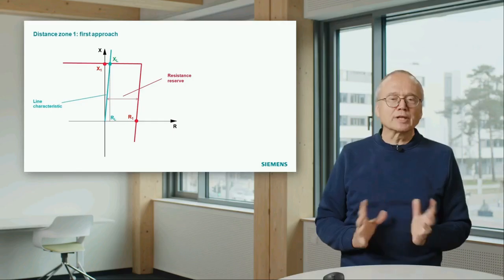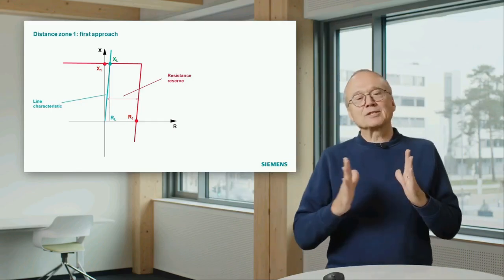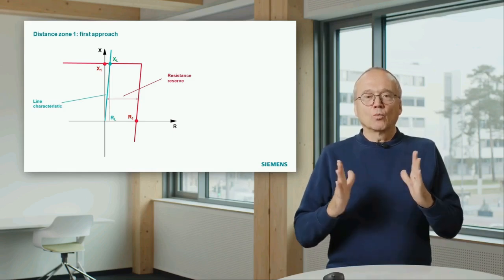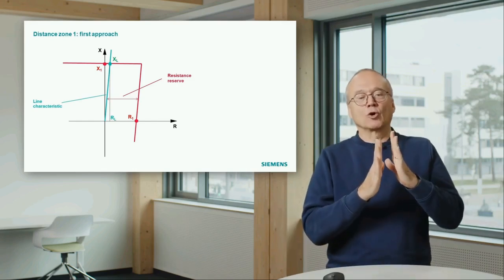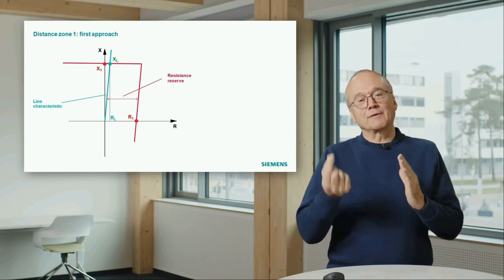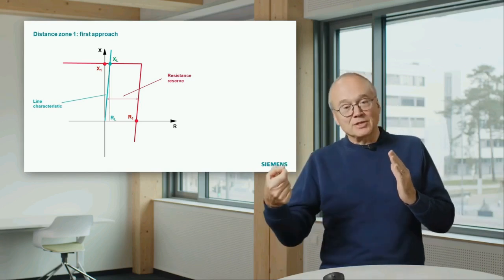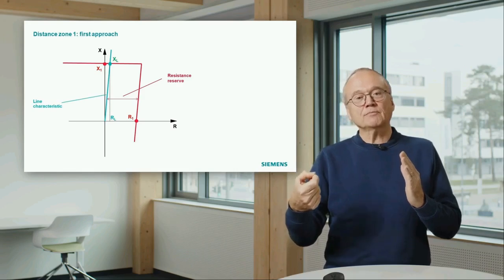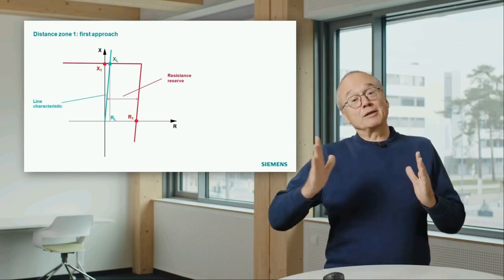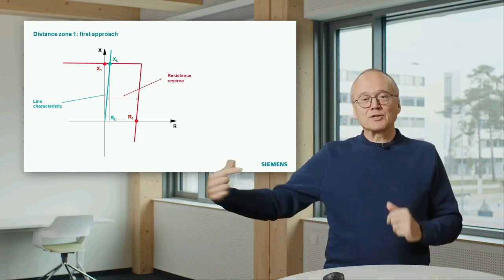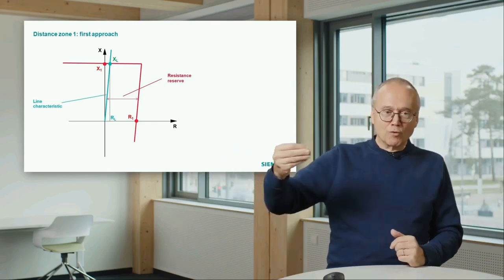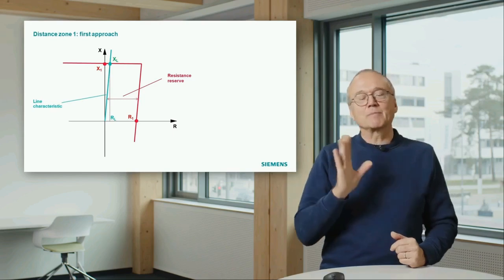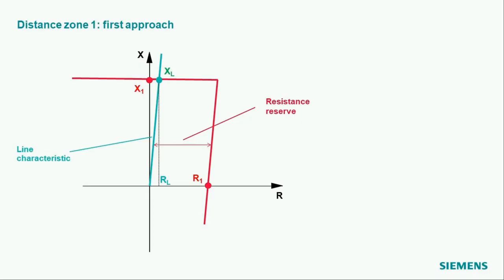Then, of course, in order to have a complete area, we must also define a limitation on the right side somehow. And that is already a bit of a tricky thing, because we must now decide what amount of fault resistance we want to catch. If we make this pretty narrow, that would mean if we have a significant fault resistance, we would measure something outside the zone and would not trip on that. If we make it very big, we have the risk that with the load flow, remember, with increasing load, we move into our diagram. That means we must be careful with the right side of this thing, that we don't go too far.